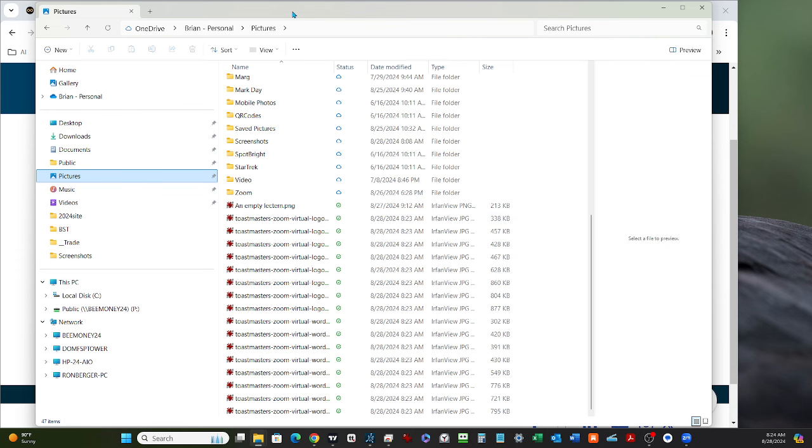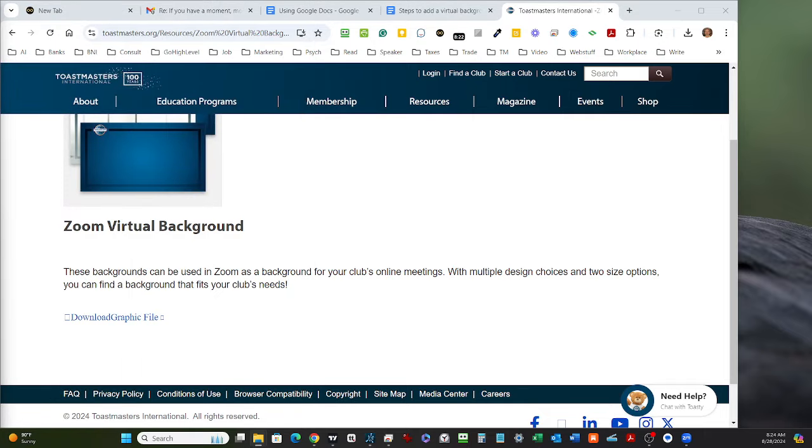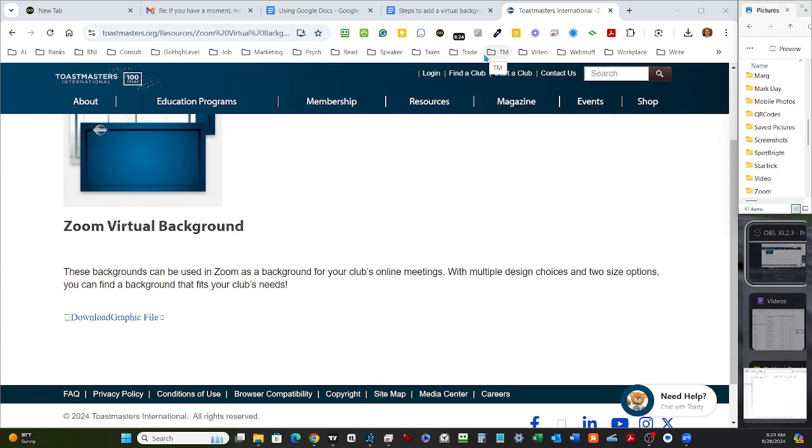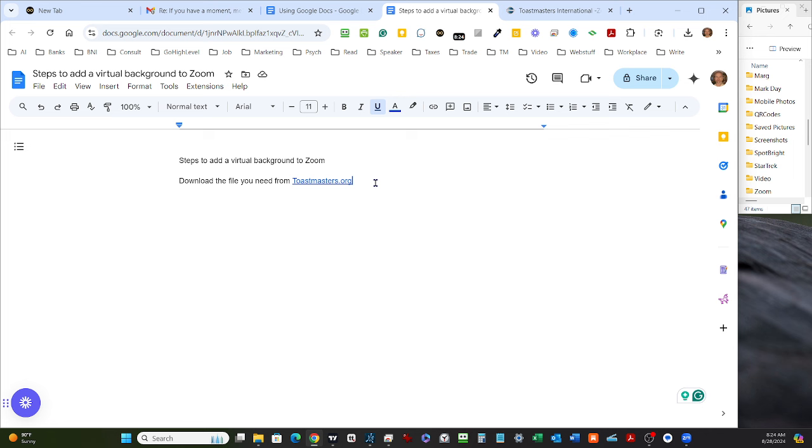When I go back to trying to get this information so I can find it to put it in my background, where were we? Steps. Okay, so download the file, we did that. So you click the zipped, it's called a zipped file. We don't have to go over the details of that. Wants to open it